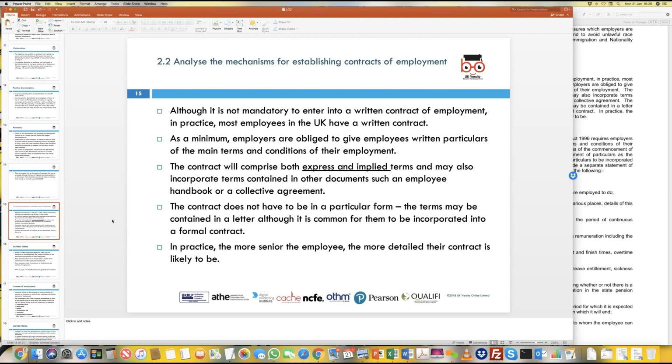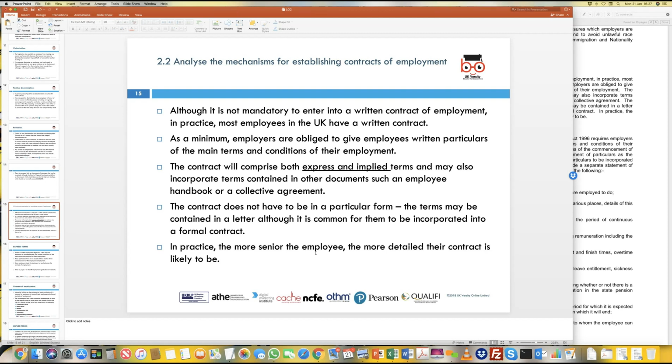So these terms are a part of the contract. Some of the job roles and responsibilities defined in the employment contract would have express terms, and some of them would have implied terms. Now, in most cases, the contract is provided and signed off between the two parties in some shape or form. Most companies offer the contract on letter-headed paper, and that makes it a formal contract, because a company letterhead has been used to provide that contract to the employee.